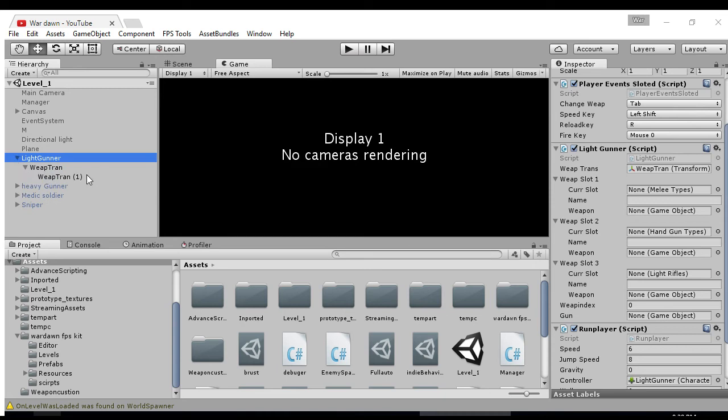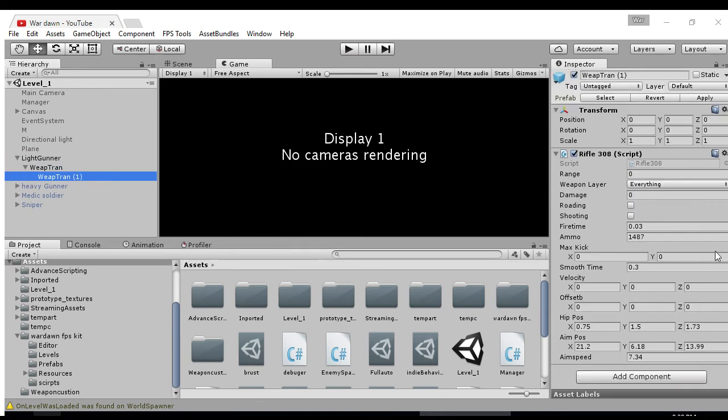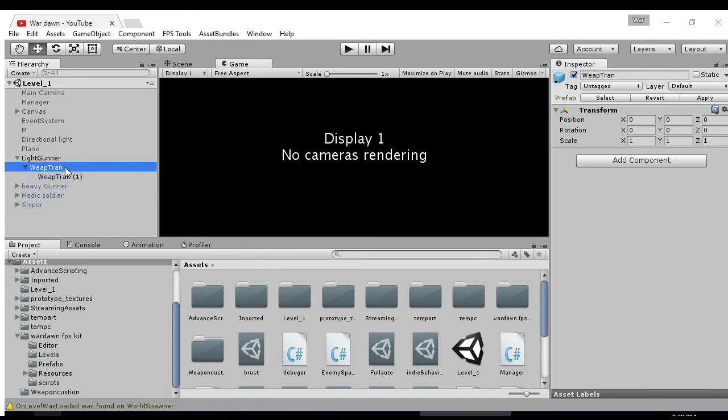Now, in our last video, we actually have this little rifle script right here, which I really don't want to discuss right now because it's still kind of in the development stage. But I'll show you how the workflow will work in this kit. That way you can use it in maybe some other project that you have. Maybe it'll give you an idea to do something completely different with a weapon that you may not have thought of before. So this weapon right here has all its basic stuff, and we've only got one here,